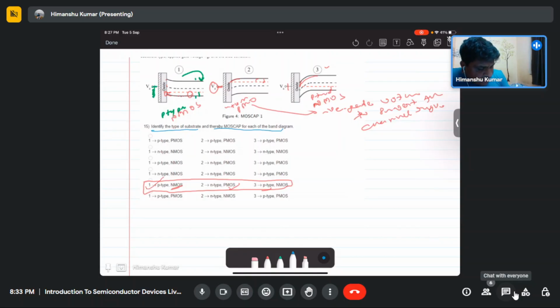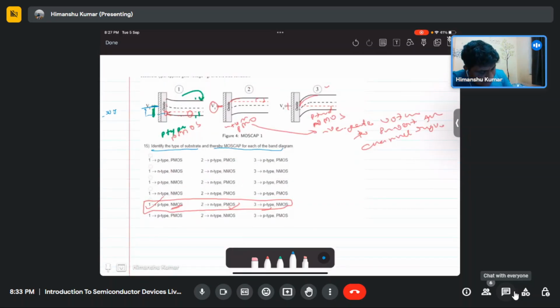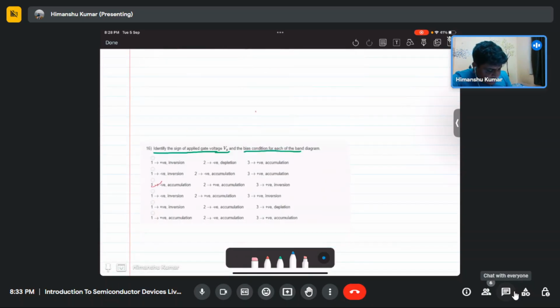As you can see, this Fermi level is more compared to the other Fermi level. So on this side, the band is moving up. That will happen when you apply a negative gate bias, VG. As you apply the negative gate bias, the interface is becoming more p-type, because the valence band is moving closer to the Fermi level. So we can see this is accumulation.